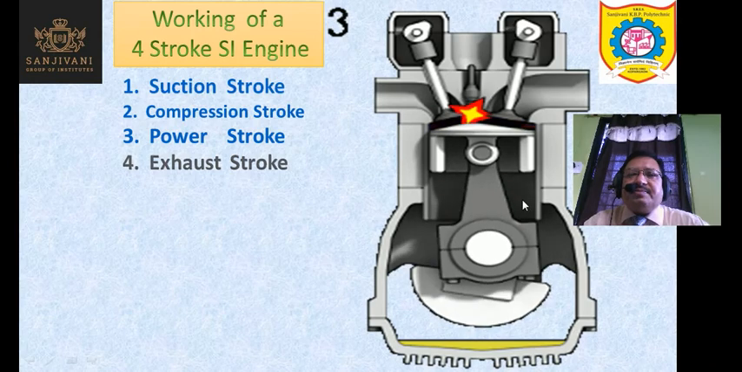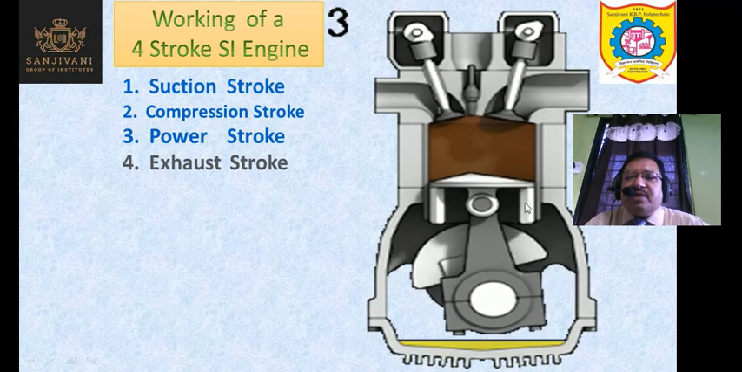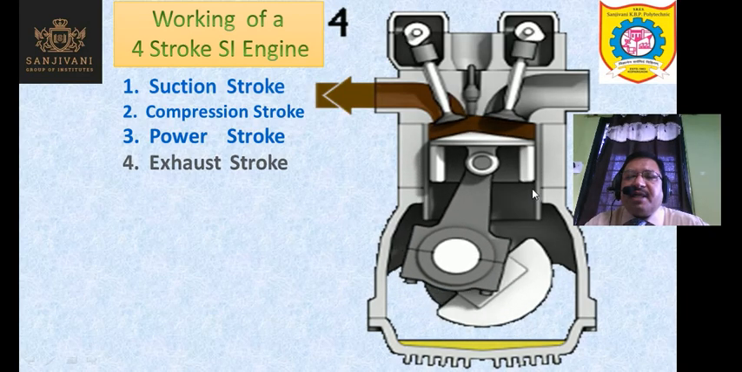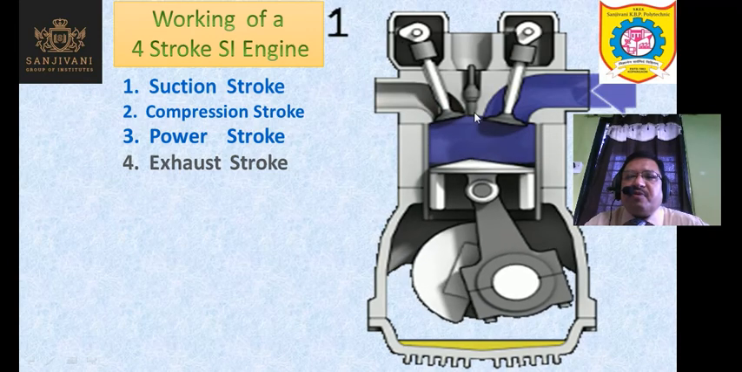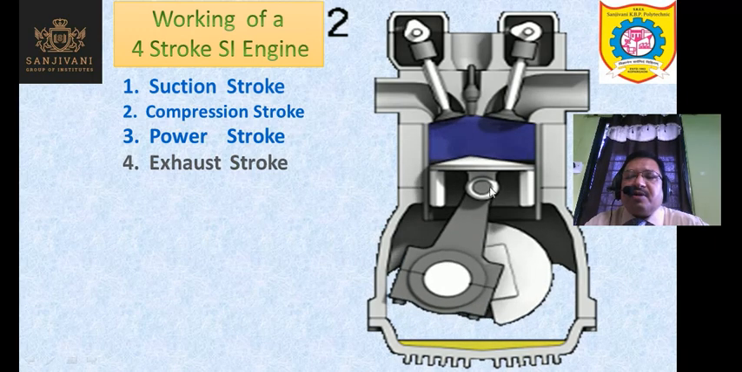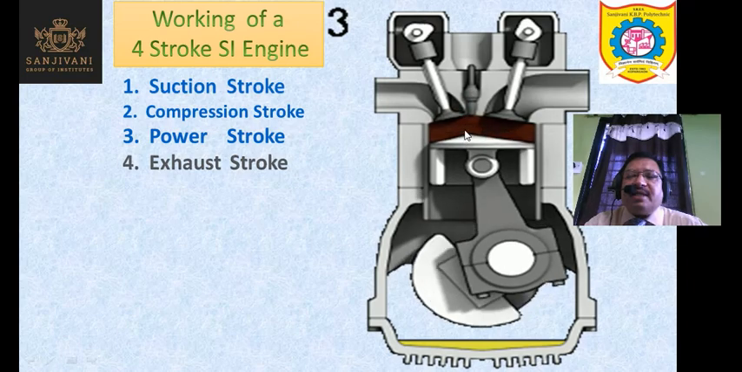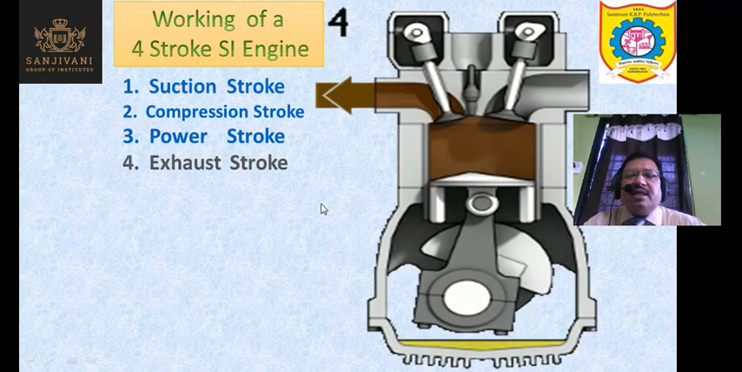So here this is the power stroke. Piston is moving from the top dead center to the bottom dead center. During the exhaust stroke, piston moves from bottom dead center to top dead center. During the suction stroke, piston moves from top dead center to the bottom dead center. During the compression stroke, piston moves from the bottom dead center to the top dead center. So I hope now you have understood the working of